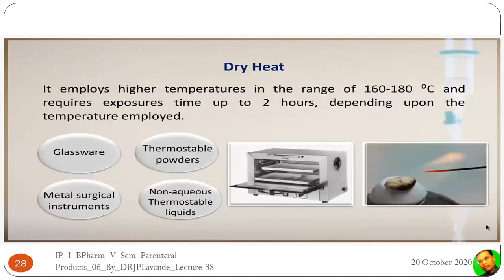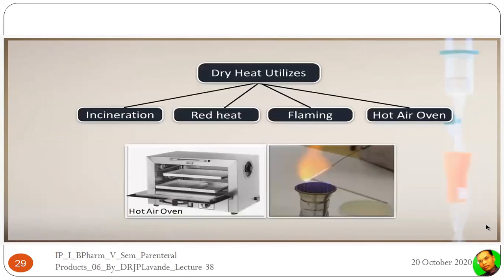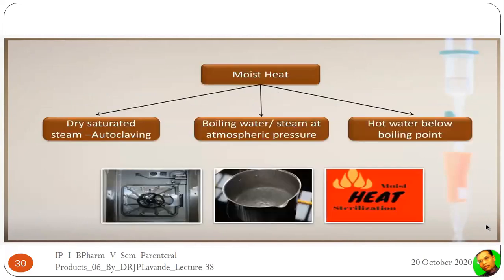Dry heat employs a higher temperature in the range of 160 to 180 degrees Celsius, and it requires an exposure time of up to 2 hours, depending upon the temperature employed. This method is used for glassware, thermostable powders, metal surgical instruments, and non-aqueous thermostable liquids. Dry heat utilizes methods such as incineration, red heat, flaming, and hot air. In the case of the moist state, generally dry saturated steam is used,